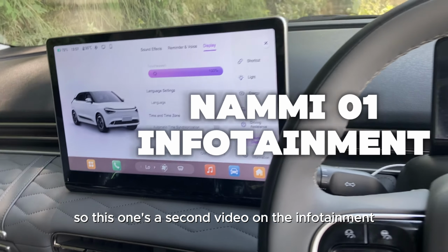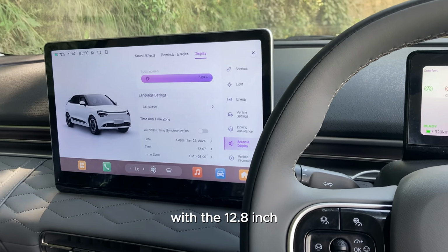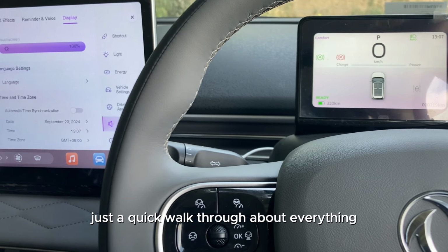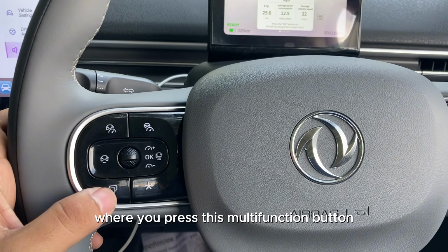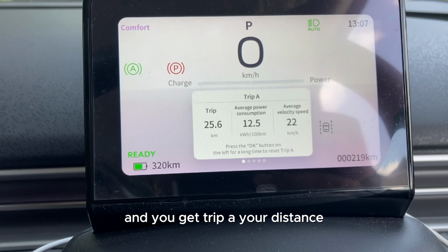So this one's a second video on the infotainment with the 12.8-inch center console and the 5-inch driver's display. Just a quick walkthrough about everything, starting with the driver's display. The toggles are right in front of you where you press this multifunction button and you get trip A, your